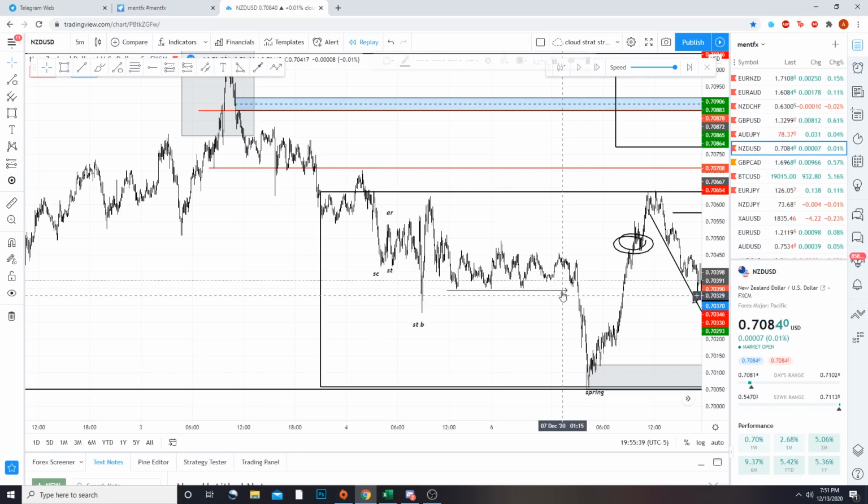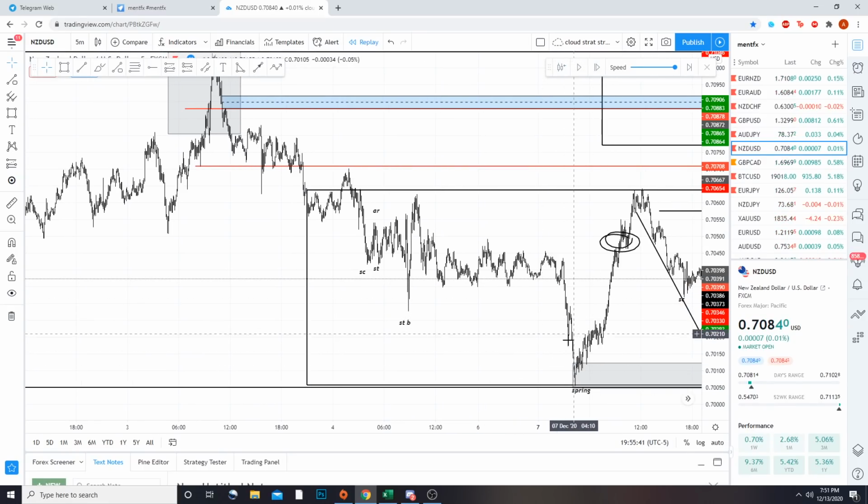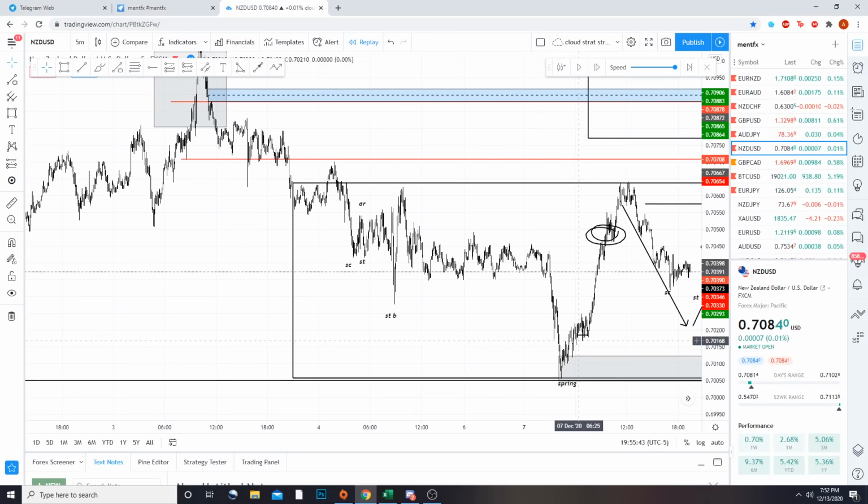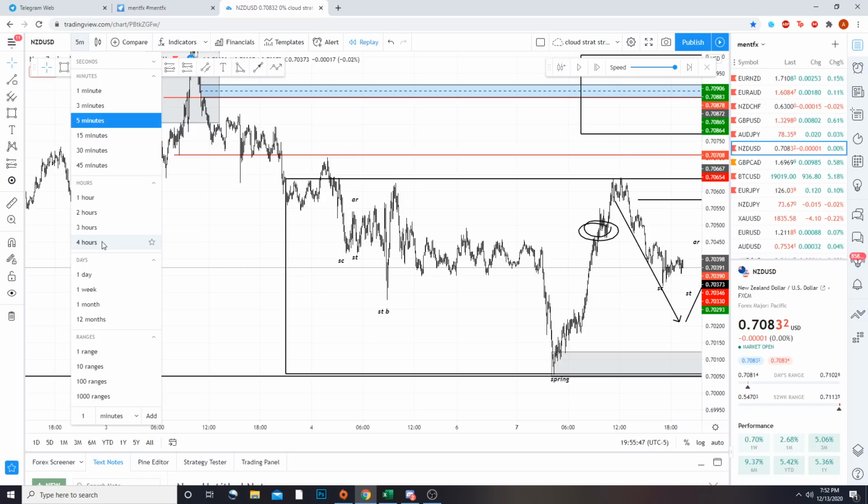Now, what's interesting is a lot of you won't see this as a spring, and instead you'll be like, where's the order block here? What do we look at? This is something that can confuse a lot of people, but ultimately you have to consider the price in a fractal nature, as we've taught before. So if we jump up to a 4-hour or even a daily, I believe this will be an order block for you. And when you see that, it'll be very easy to tell why price did this.